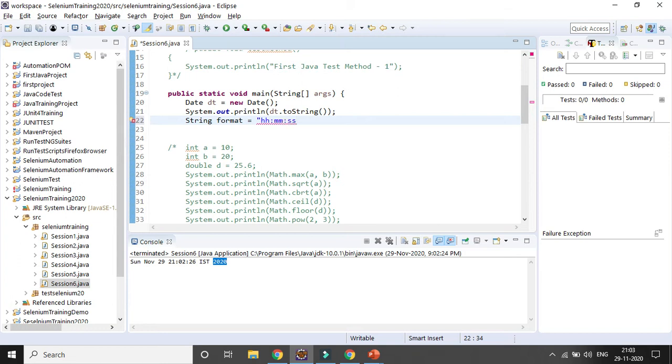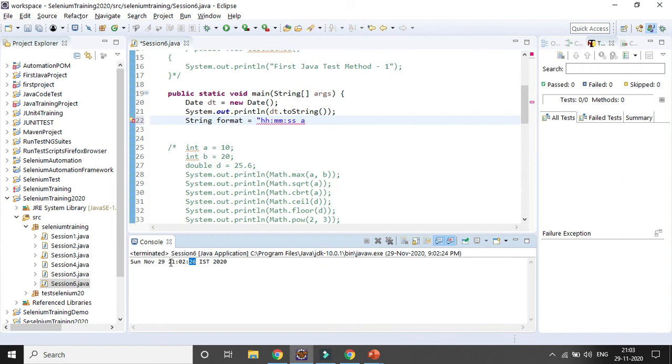I will be giving some space, and this is the millisecond part. Also I want to get it. Here no millisecond has been triggered, right? Only hours, minute and second. I also want to get the millisecond. So this is the syntax, you need to learn it.